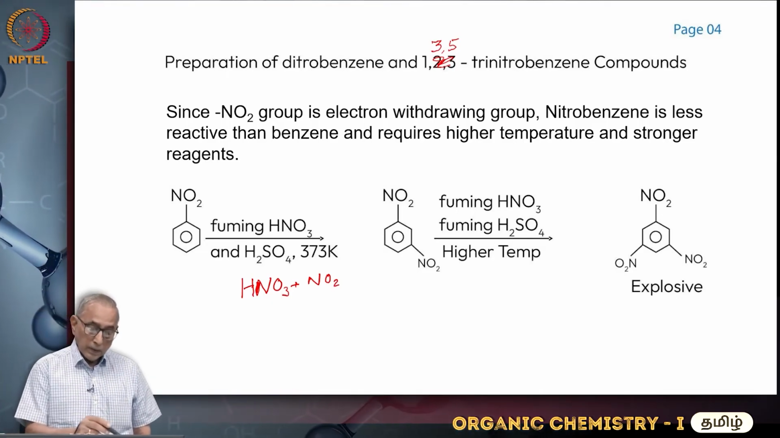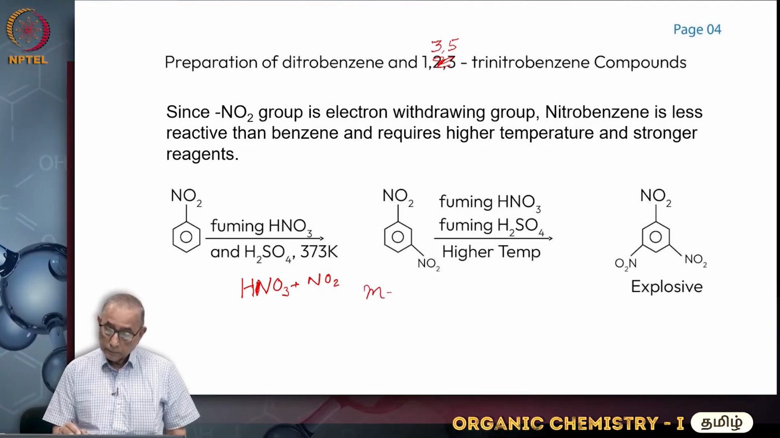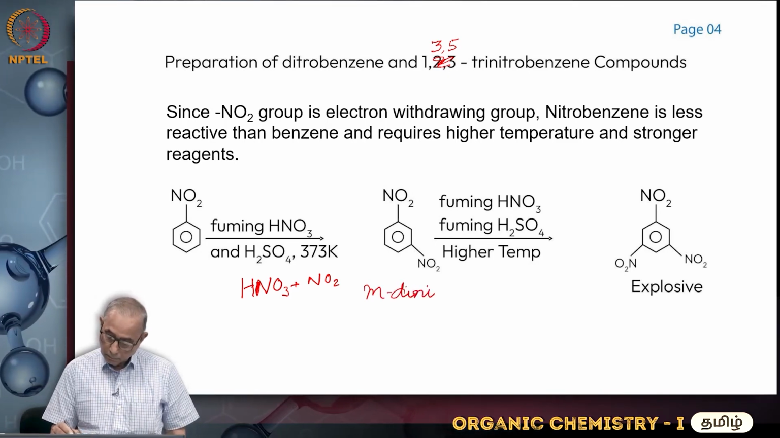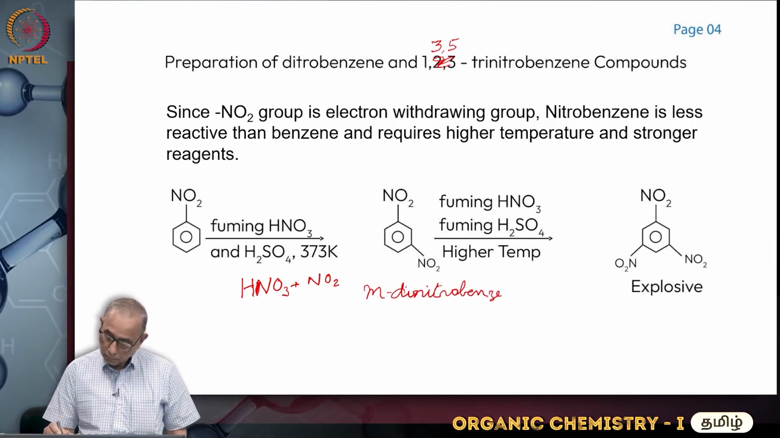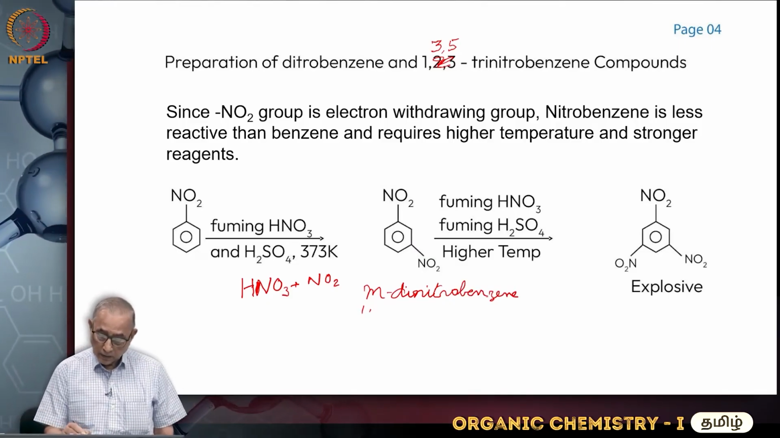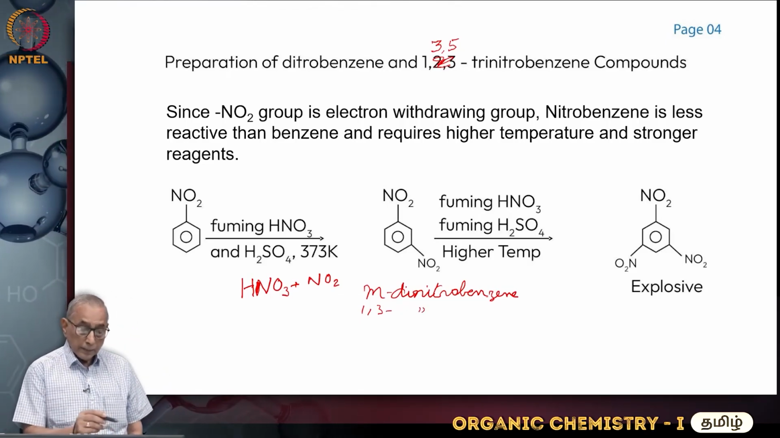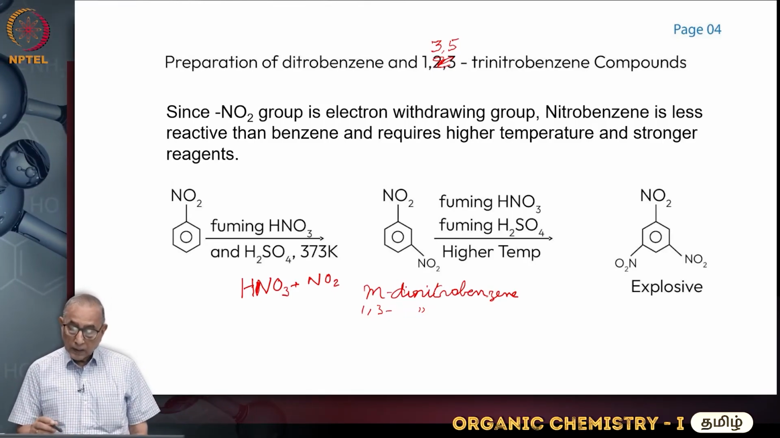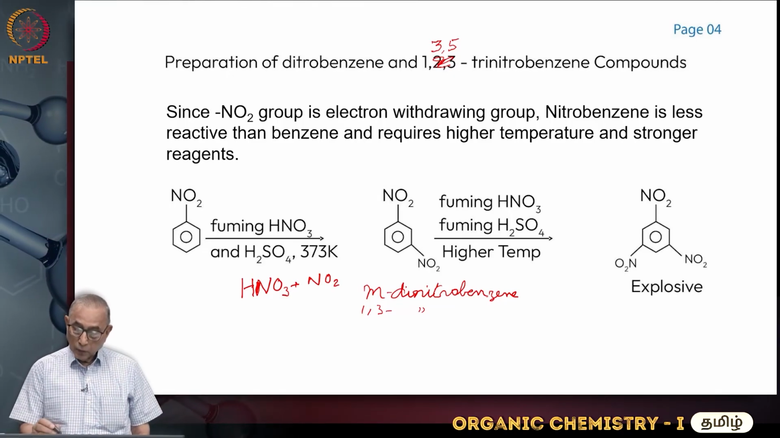This is called meta-dinitrobenzene, or it is also called 1,3-dinitrobenzene. It is very unreactive compared to nitrobenzene because there are 2 electron withdrawing groups. To nitrate this, you need fuming nitric acid and fuming sulfuric acid. Fuming sulfuric acid is